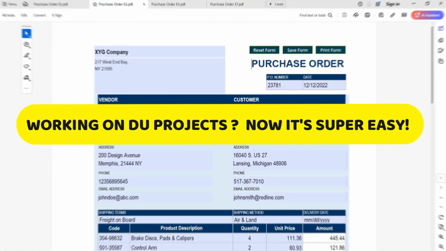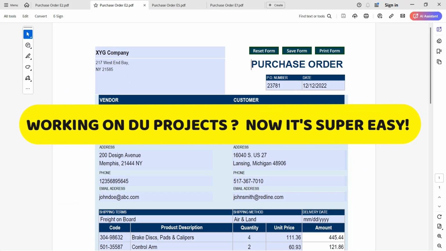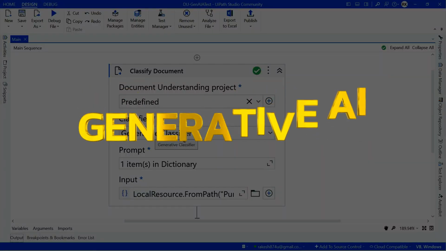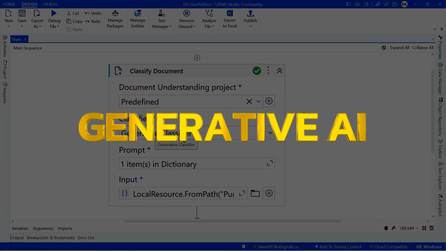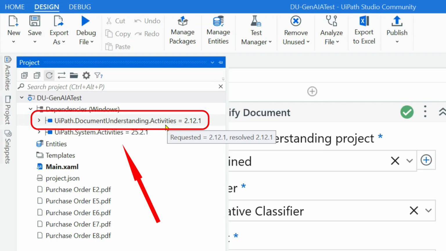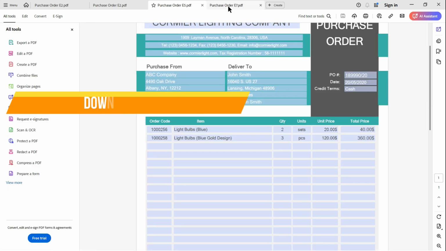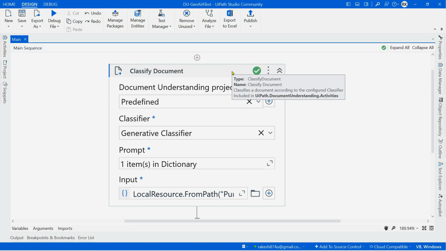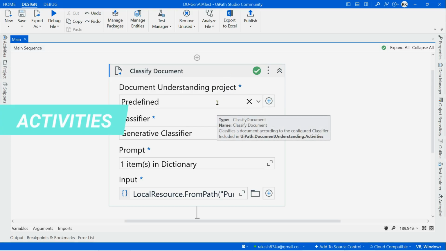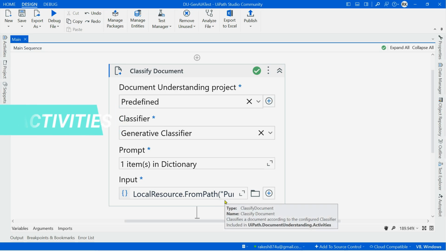Working on document understanding projects is going to be super easy because we now have generative AI capabilities in document understanding. All you need is the latest Document Understanding activities package. In this video, I am going to go through it step by step. I am going to show you where you can download all such files for your exercise. I'm going to show you the activities that you have to configure step by step to utilize this GenAI capability